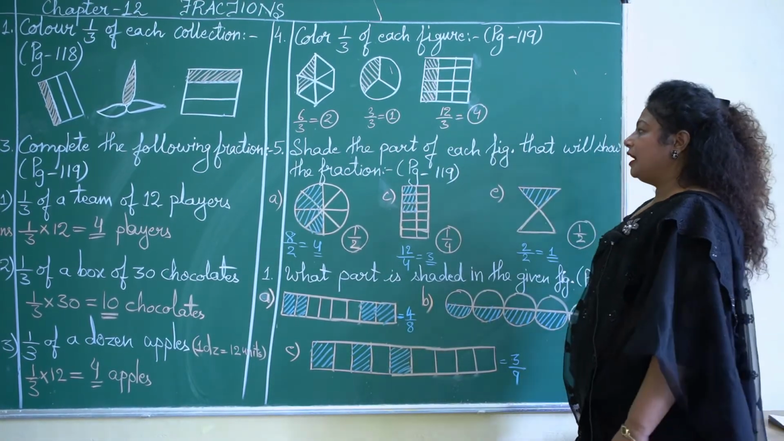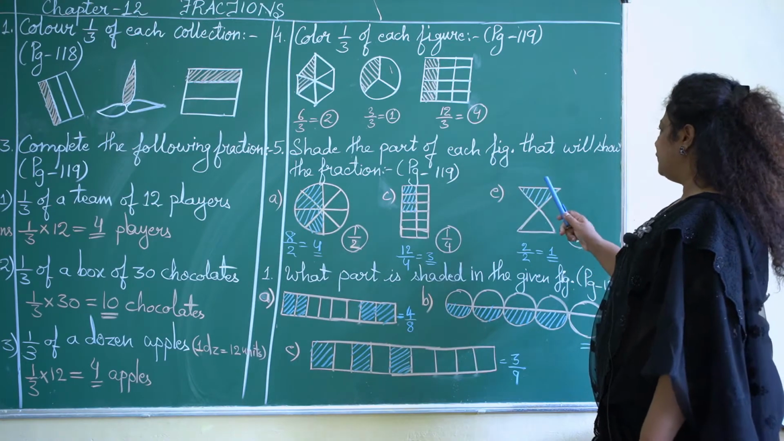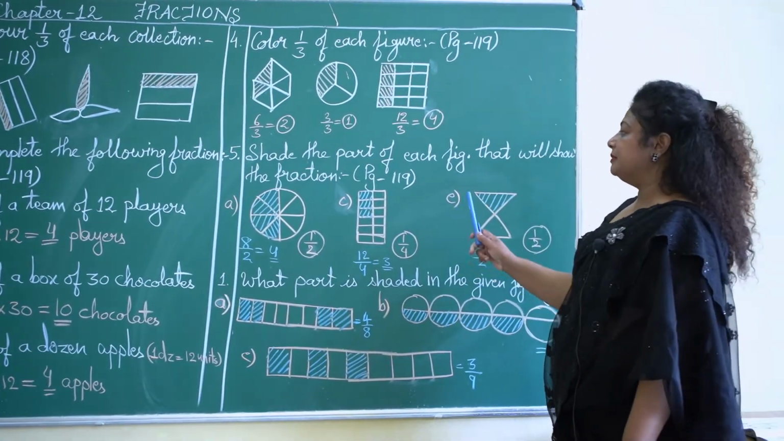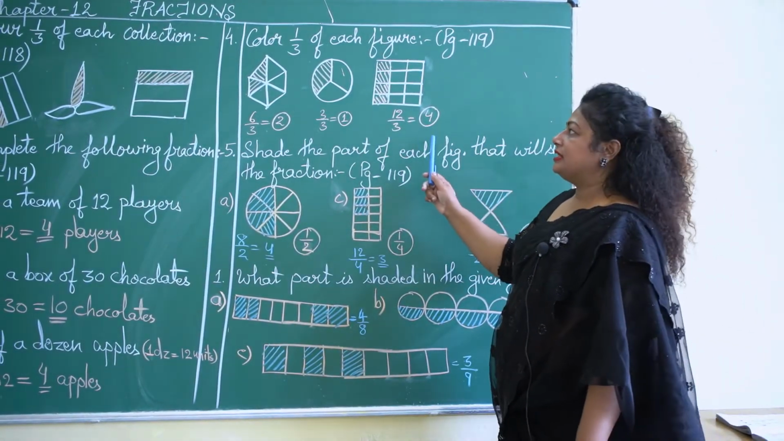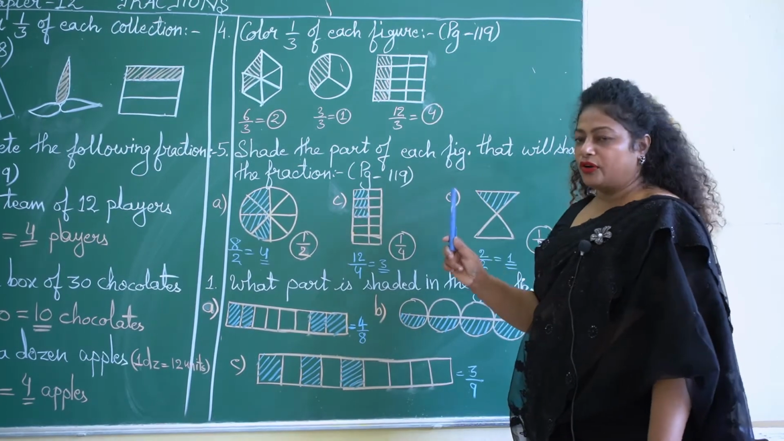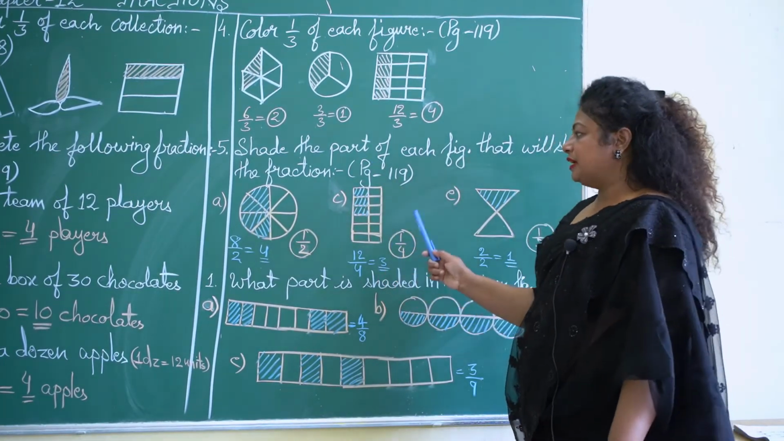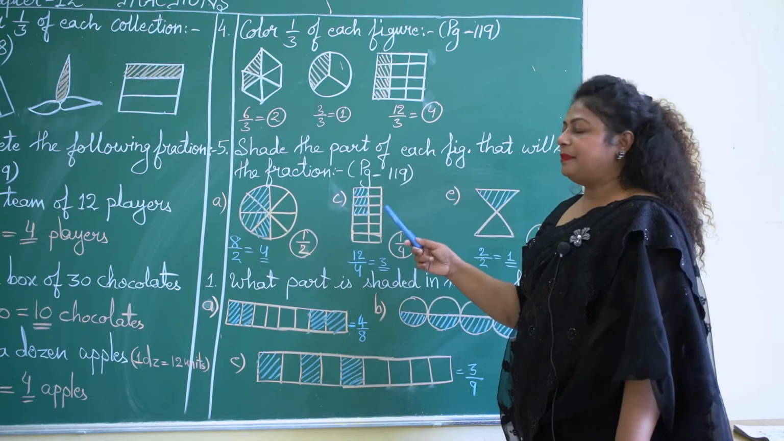Now I am reading out to you the next question. Shade the part of each figure that will show the fraction. That is given on page number 119. Again, following the same process as we have done in question number 4, we will follow the same process in question number 5 also. You can see a circle is given to you. Now we have to find in how many parts it is